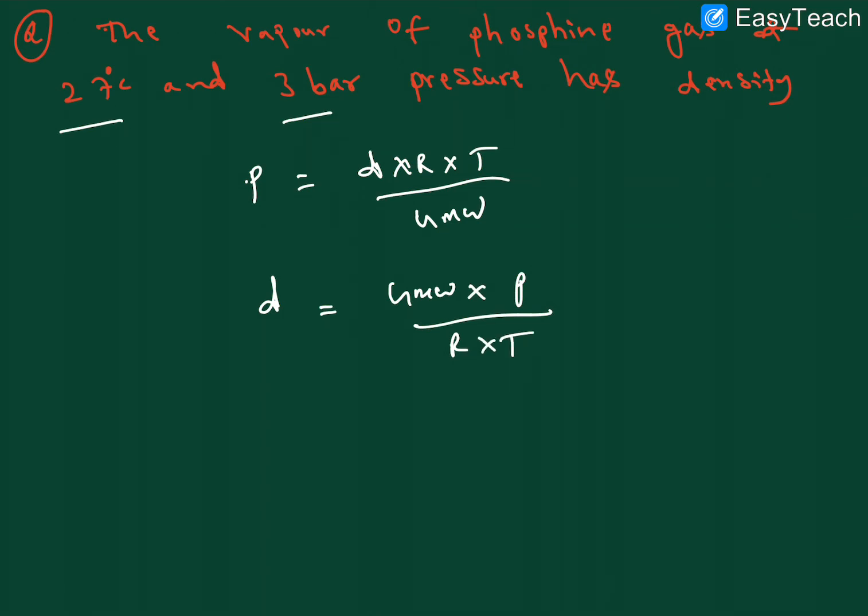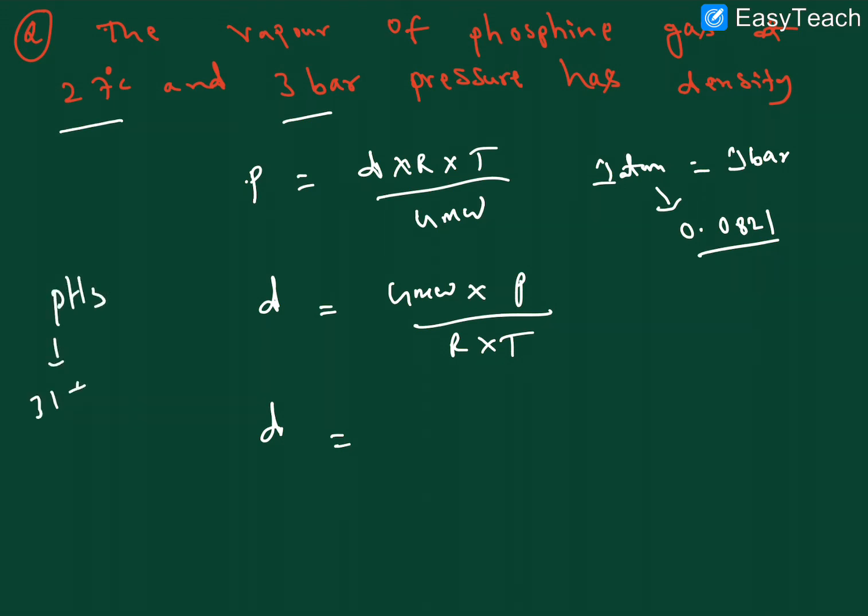First we have to calculate the volume of the gas. What is the formula for volume of the gas? In the mole concept we are seeing volume of gas is equal to n into 22.4 liters, right? n is nothing but the number of moles. So first we have to calculate the number of moles. What is the formula of number of moles? The number of moles is equal to mass of given solute by the gram molecular weight, nothing but molar mass.